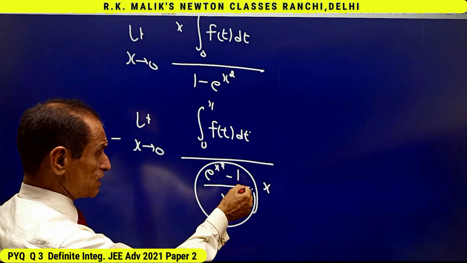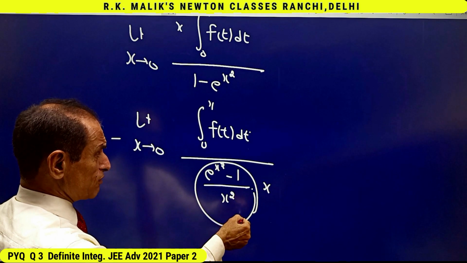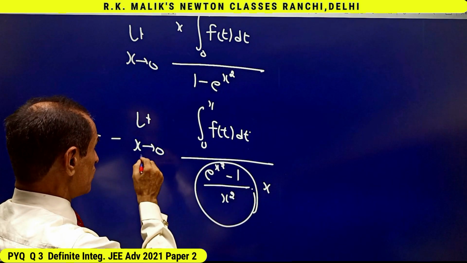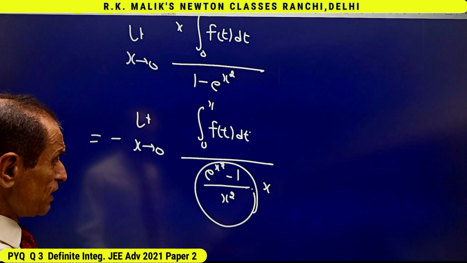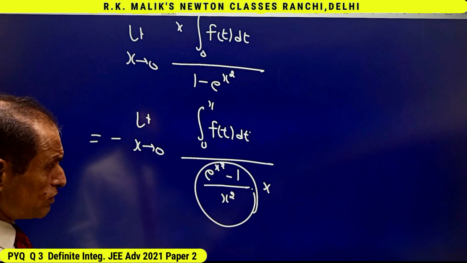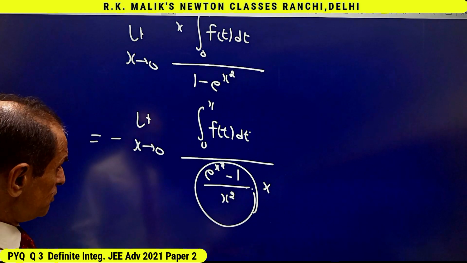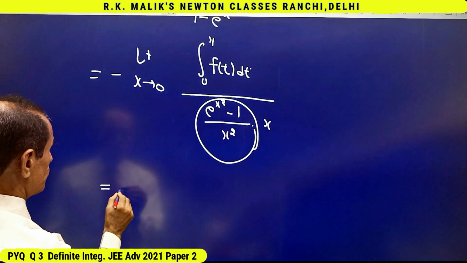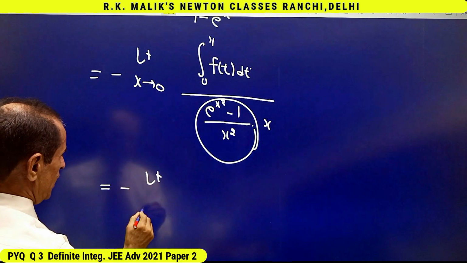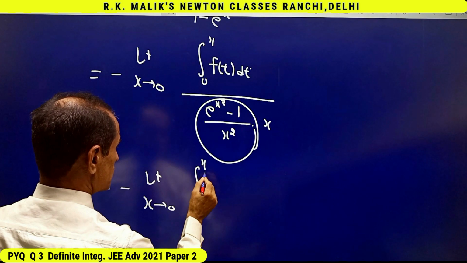Because the limit of this part is 1 also, and this is in multiplication or division with the remaining whole question, I am allowed to take the limit of this part. Note that if you don't take care of these conditions, you may get a wrong answer. And this is equal to minus the limit as x tends to 0 of the integral from 0 to x